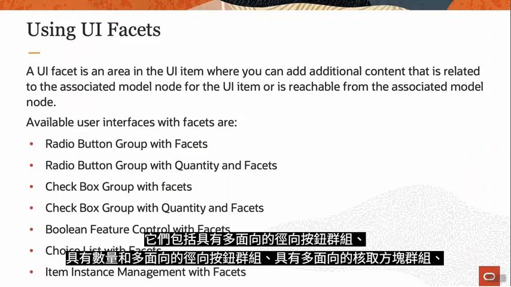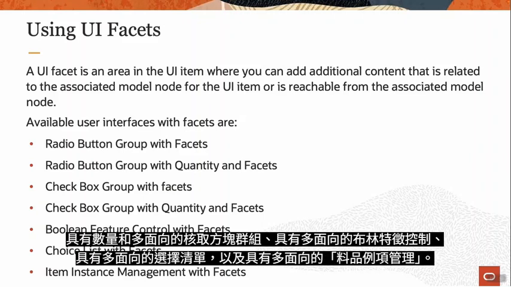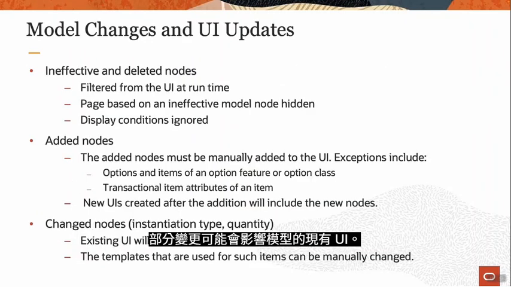Models are not static. They go through changes, and the changes are refreshed into the configurator model's work area by using the snapshot refresh process. Some of these changes could affect the existing UIs for a model. To account for these model changes, you must create a new workspace and add the affected model and the updated snapshots to the workspace. For this lesson, we have a practice to create and modify